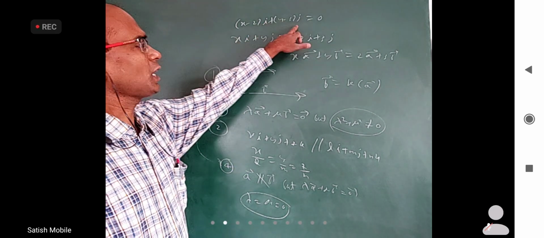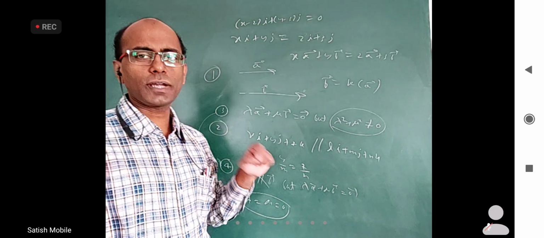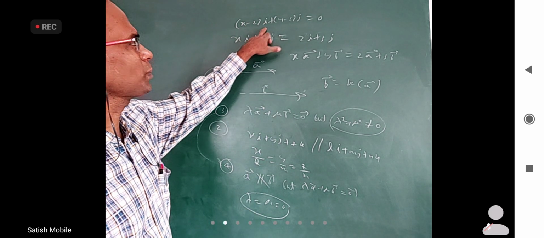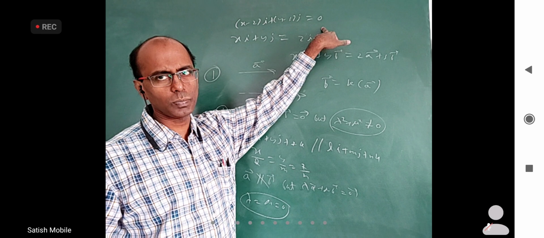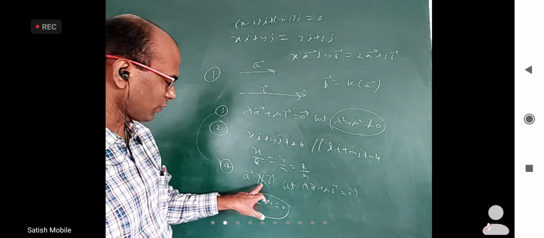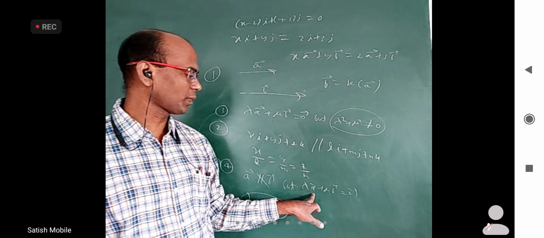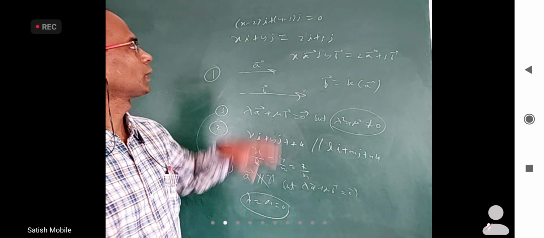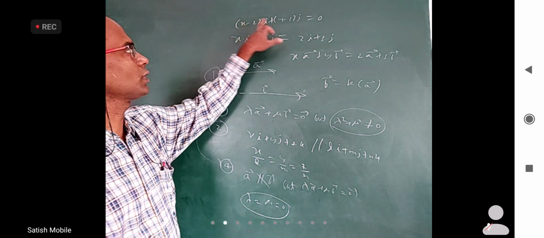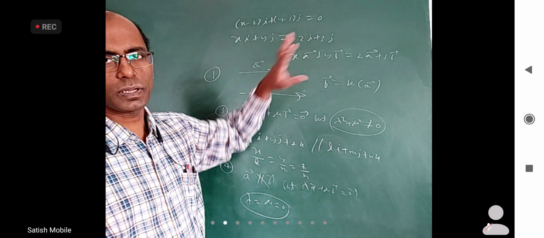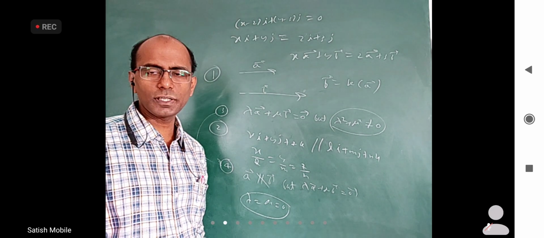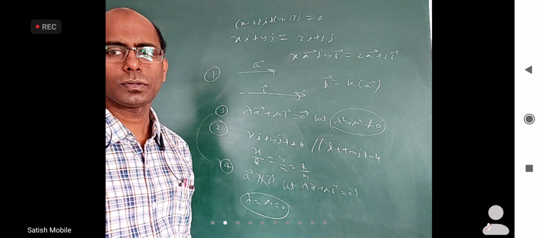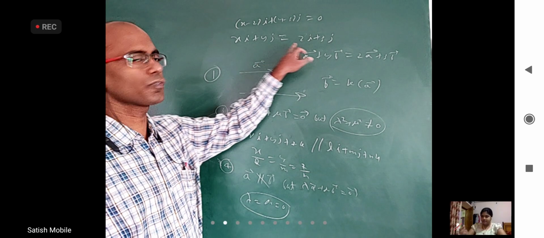I and j are not parallel. We know that i is along x axis and j is along y axis. But we are able to write one real number into i plus one real number into j equal to 0 bar. How, with two non-parallel vectors, are we still able to write one number into a bar plus one number into b bar equal to 0? What does it mean? This should be 0 and this should be 0. x must be 2 and y must be 3. Is that point clear, everyone? So it is not just equating the coefficients here.